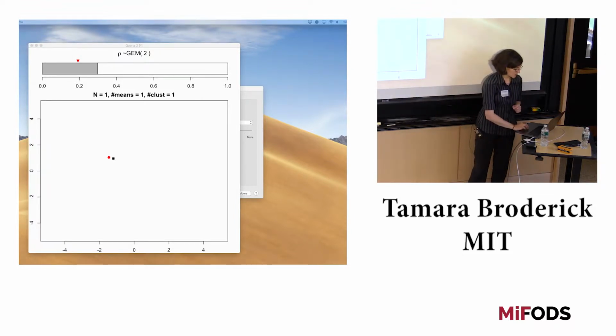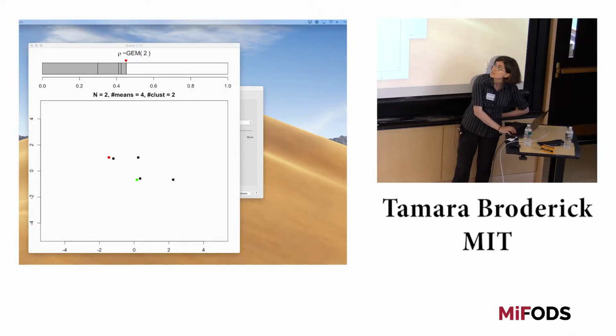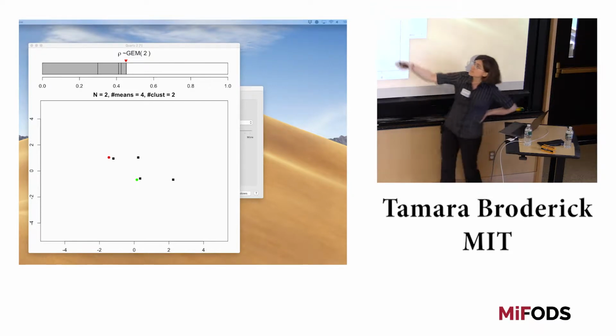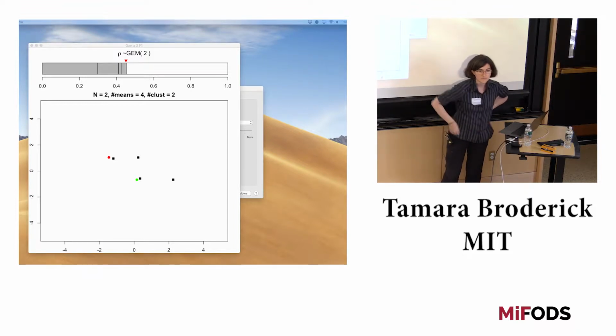Same thing on the next draw. I draw the next uniform random variable to decide where the second data point goes. And so in this case, what I did was I said, OK, well, I already had 0 to row 1. Now I generated row 2 and plotted that. And I said, oh, does it cover my uniform random variable? It does not. Then I plotted row 3. Does it cover my uniform random variable? It does not. I plotted row 4. And it does cover my uniform random variable. So I decided not to plot anything more.